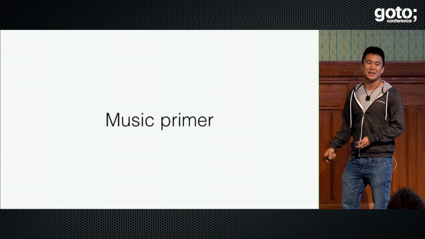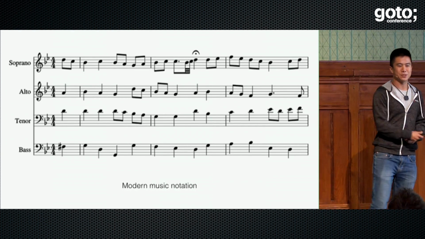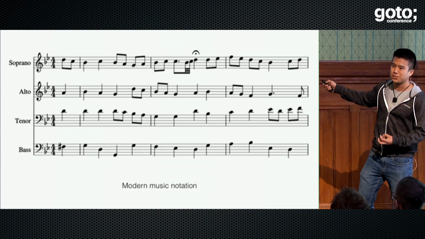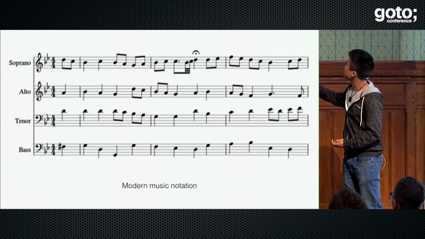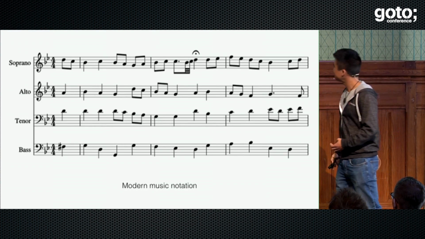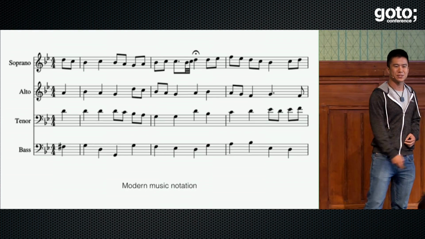Let's start with basic music theory. Now, when people think of music, this is usually what you think about. You got these bar lines, you got notes, and these notes are on different horizontal and vertical positions. Some of them have interesting ties, some of them have dots. There's this interesting little weird hat-looking thing. We don't need all of this. We need 3 fundamental concepts.